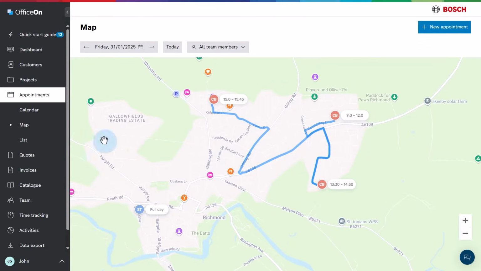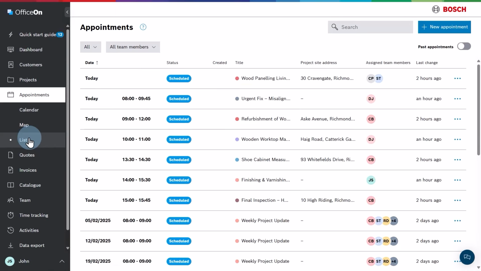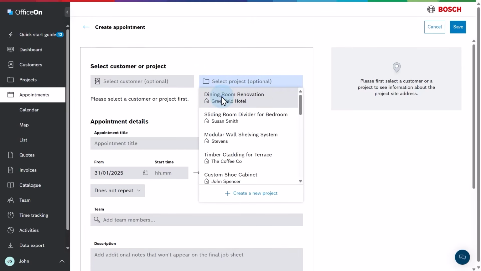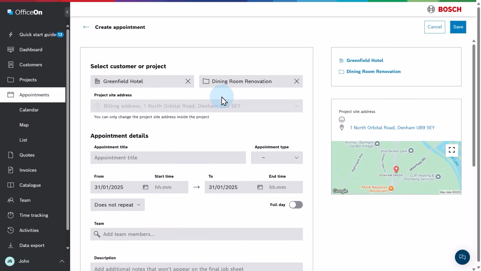However, I'm going to use the object list. If you've seen the previous chapters on customers and projects, you already know how this works. I click on the plus sign in the top right corner to create a new appointment. If you're not familiar with this plus sign yet, I recommend going back to Chapter 2. You can assign a project and a customer to each appointment. When you select the project, the corresponding customer and location data will be automatically filled in, as you can see